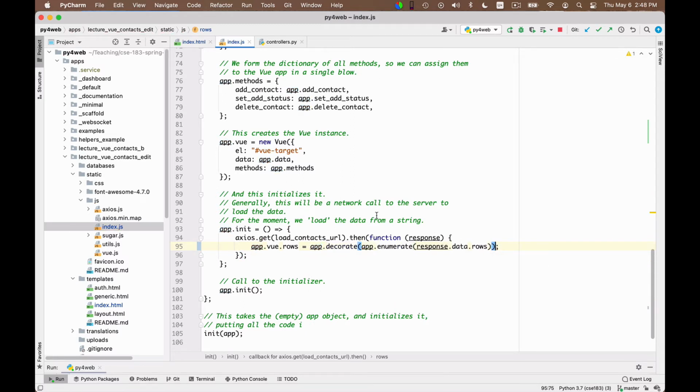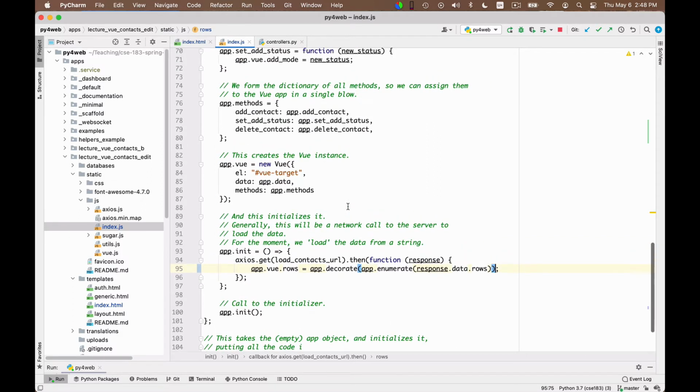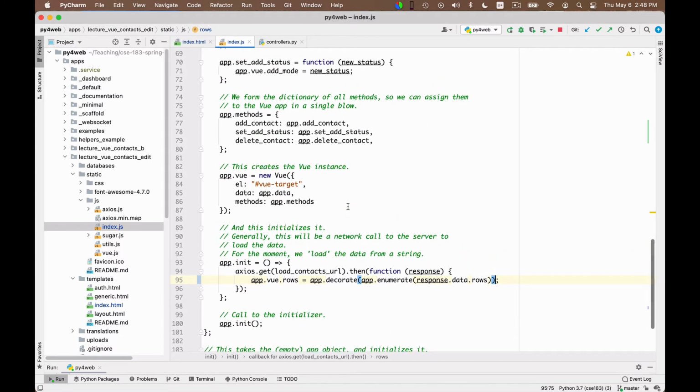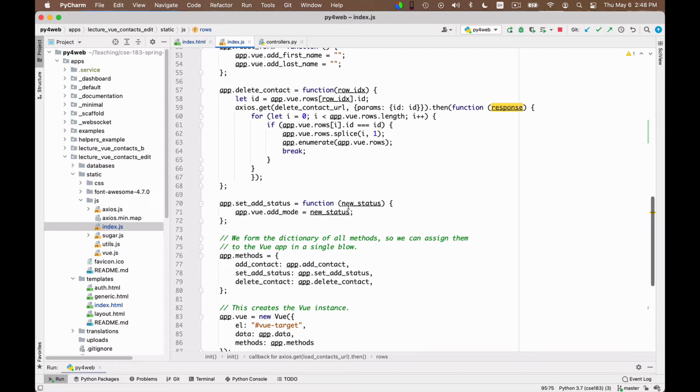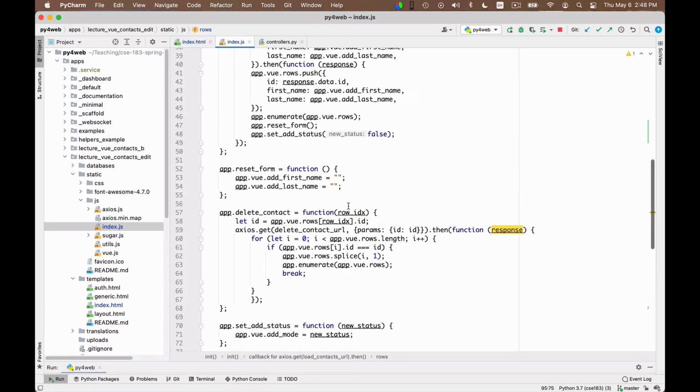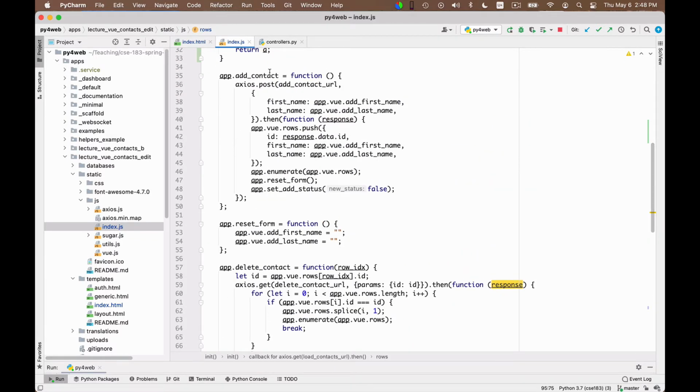All right. And the other thing is that when I add a new contact, I need to make sure that it's also properly annotated. So I go for a moment in the code to add a contact, and after it has been added, here I can say, for example, how to do it?